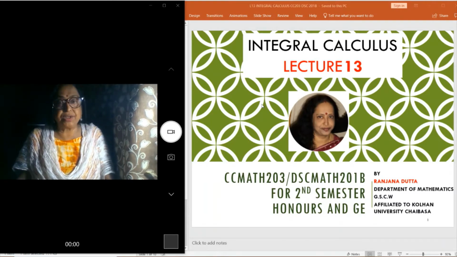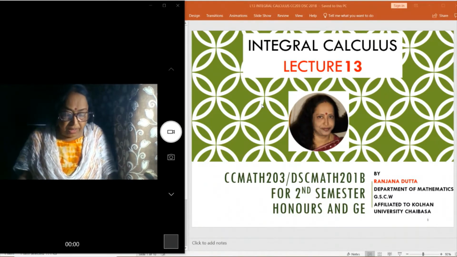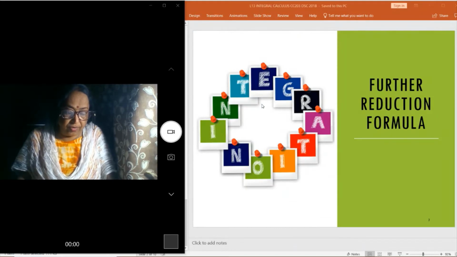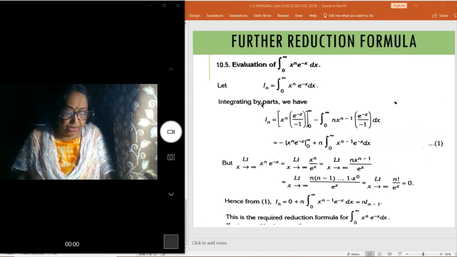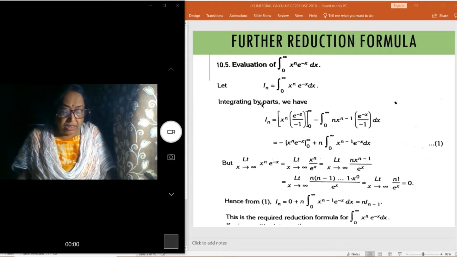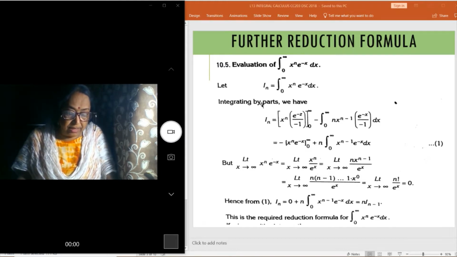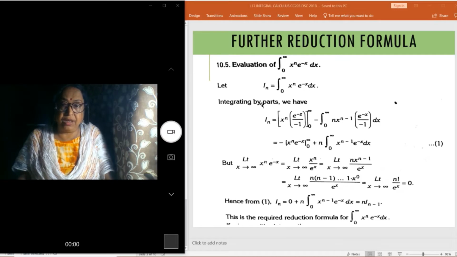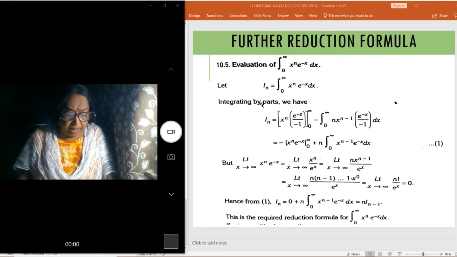Further reduction formula. Here, evaluate the value of the integral from 0 to infinity of e to the power minus x, x to the power n dx. So let In be equal to the integral from 0 to infinity of x to the power n e to the power minus x dx. So again, using integration by parts, we get